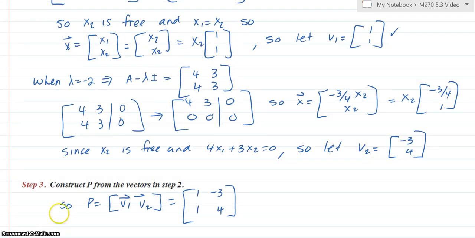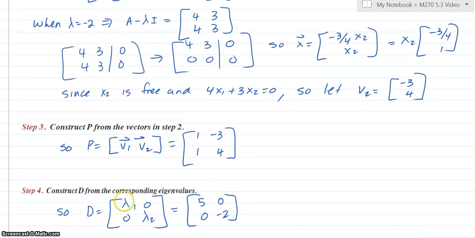So now we have it. P, we know it's just V1 and V2. So there's a V1 and there's a V2. And D is lambda 1, lambda 2. Just be careful that this is the lambda for the V1, and this would be the lambda for the V2. We found the P and the